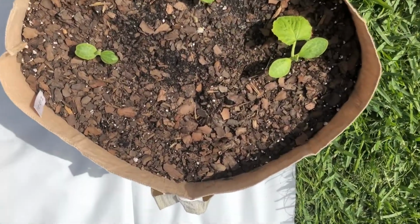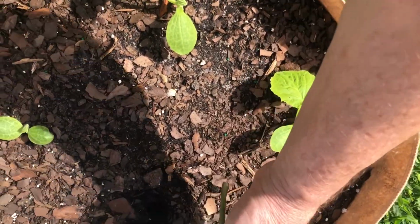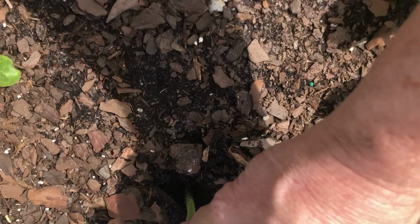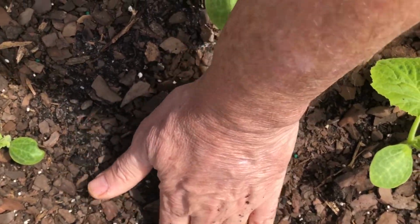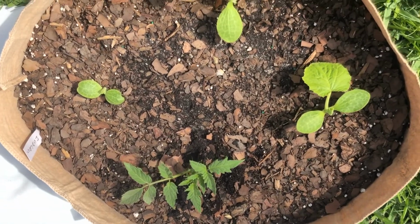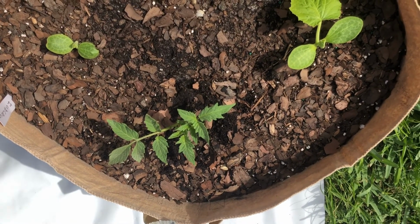Okay, I'm going to put this in a temporary home, this cutting or clone, in with these yellow squash for the moment. You can see I'm going to plant it very deep. Just use my finger to make the hole, put it in deep, and I'm going to surround it now with soil. We're going to water these very well and continue to keep them watered very well until they start showing new growth from the top. Once new growth starts forming from the top, we can then replant into its permanent container